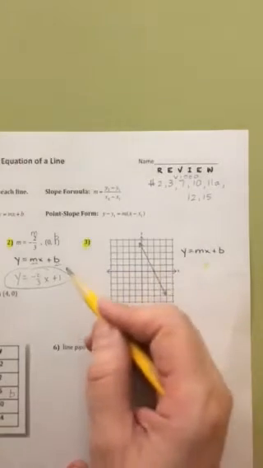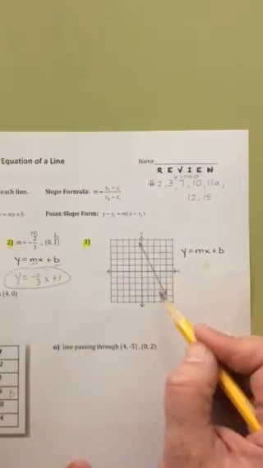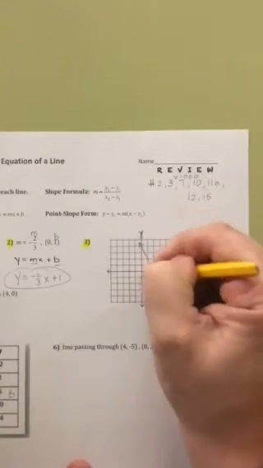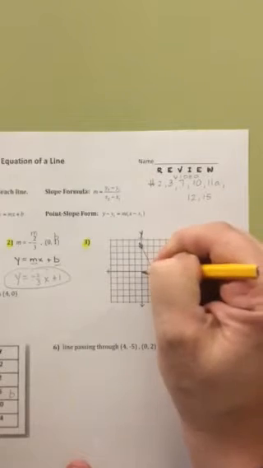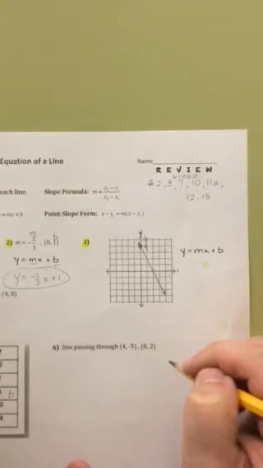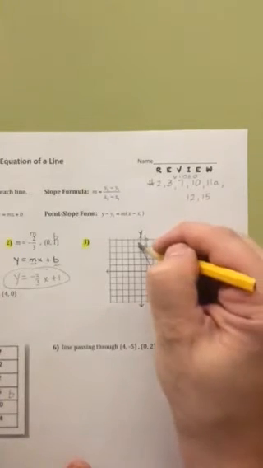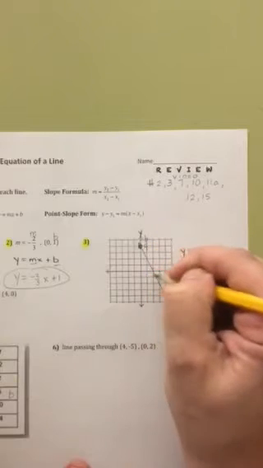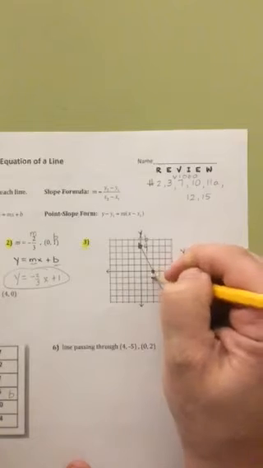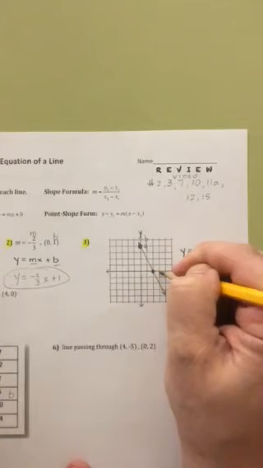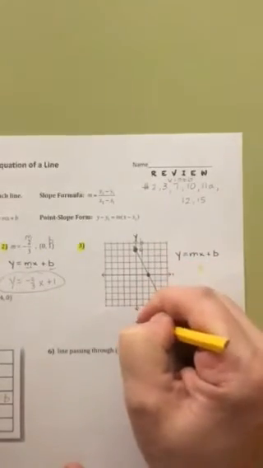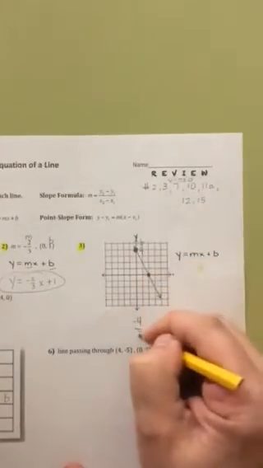In the next example, rather than be given information, I'm going to give a picture from which I have to get that information. If I go on my y-axis, which is here, I count to find 1, 2, 3, positive 4 is going to be my b value. To figure out the slope, I pick 2 points where the line meets the intersections of the grids. From here I can count 1, 2, 3, 4, down 4, over 2,